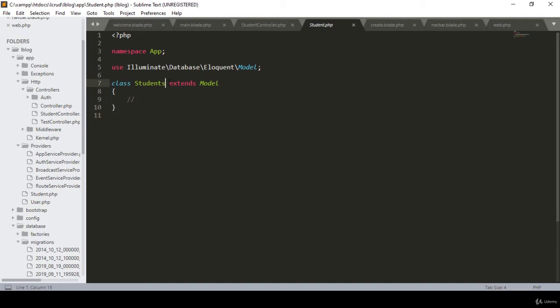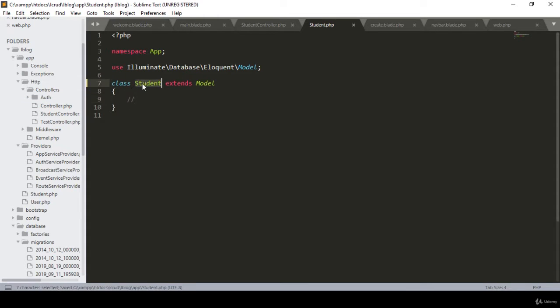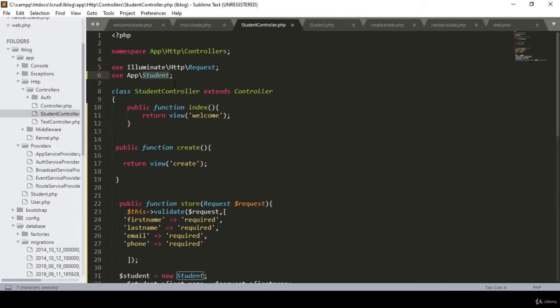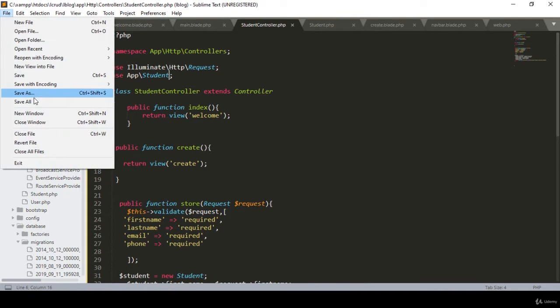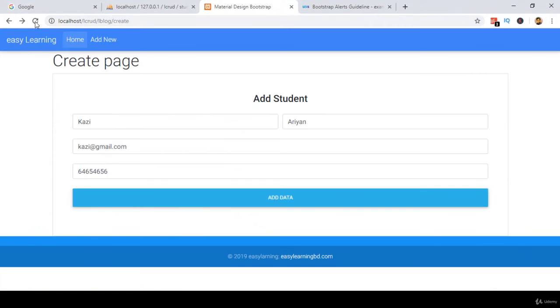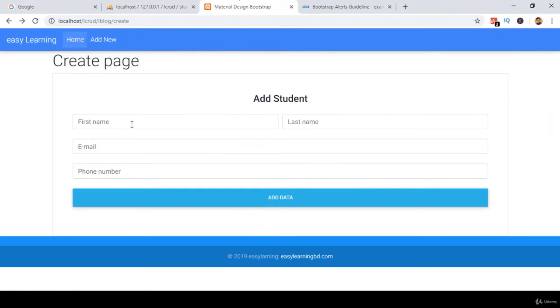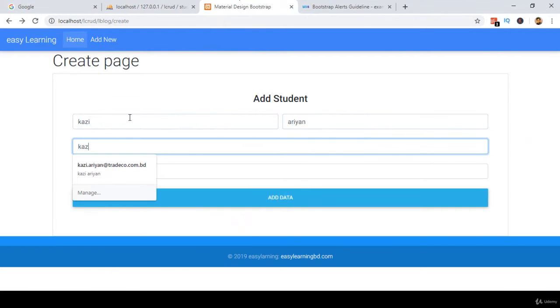So now that is actually the student model, so I just change it, and now I click on save all. So that's our student model. I'm just defining it as a student, and here that is our student. Perfect. So now it should work. Now I click on go back, refresh it again, and browse it. Okay, perfect. Now I click on Kazi, and define the name as Aryan Kazi, with the email Kazi@gmail.com,